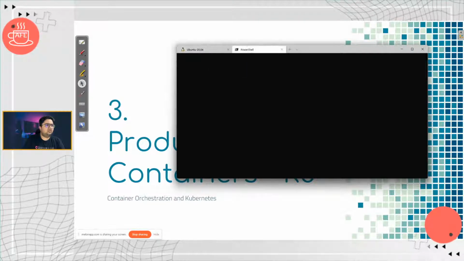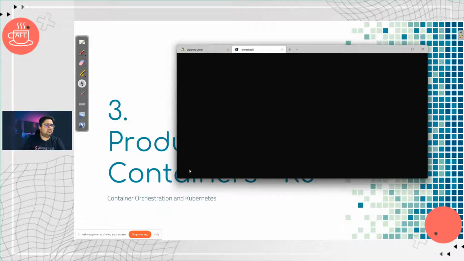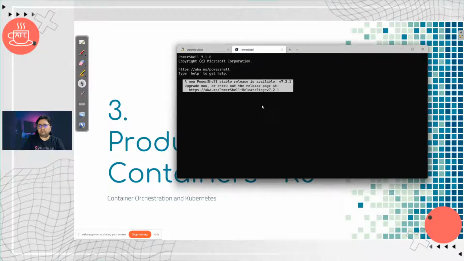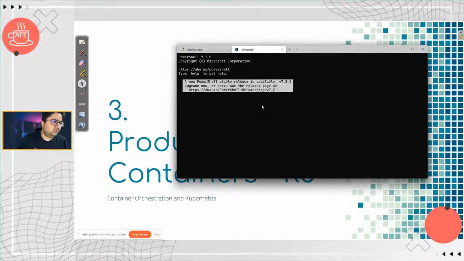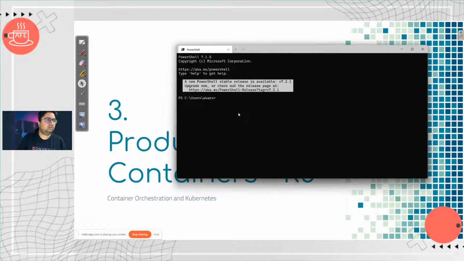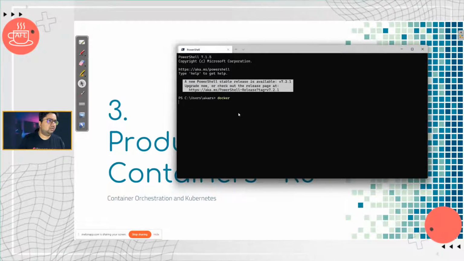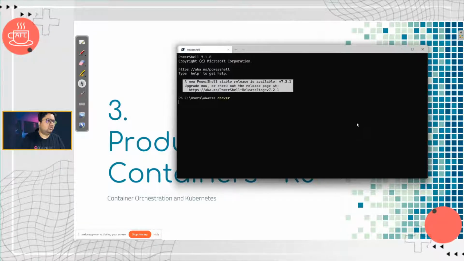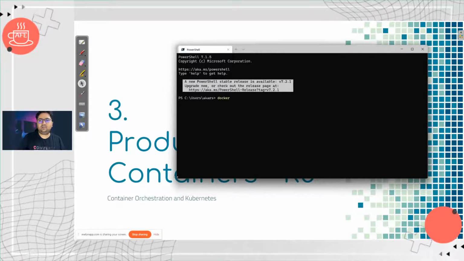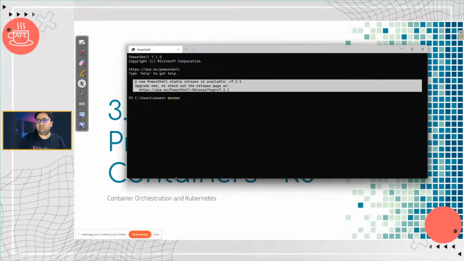Just a second, I need to spin up PowerShell. If Docker is not up, it's going to give you an error saying Docker runtime is not available or something like that. That should not be the case on my machine.